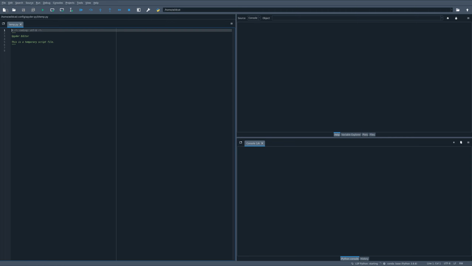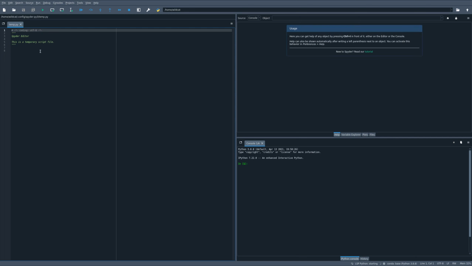And so we'll just do a new file. It will open up in the temporary file. Whatever you create in the temp.py, whenever you close the application, it will disappear. So we'll create a new file, and